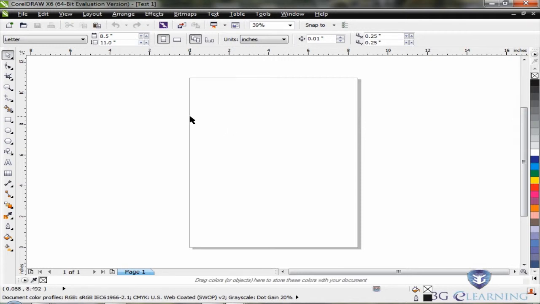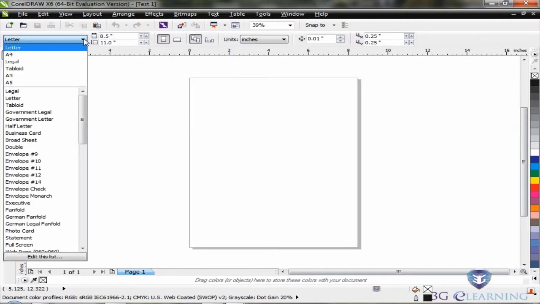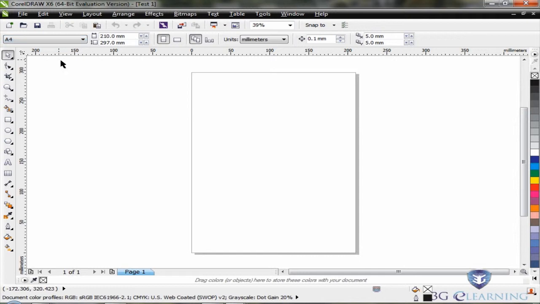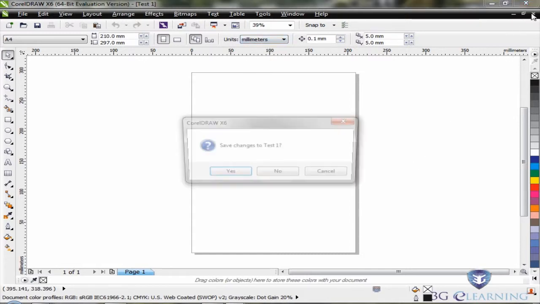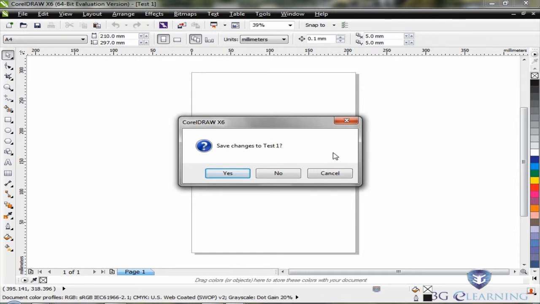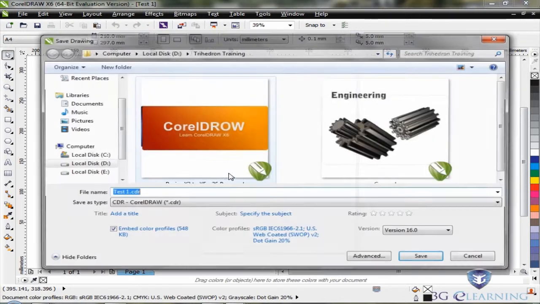However, let's make some changes to this one. If I, for example, change the page size, you notice right now I have an A4 page by default and I work in millimeters by default. However, we will go to that later. Automatically I changed it to inches, but the point is I have made a change to the document. So if I now click Close, I am asked to save, so I will say yes